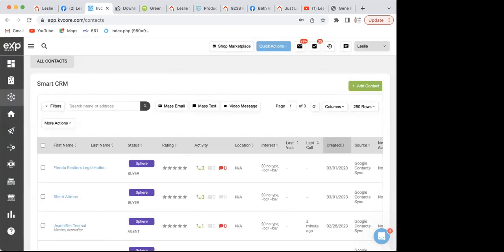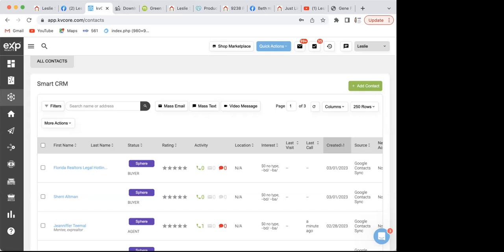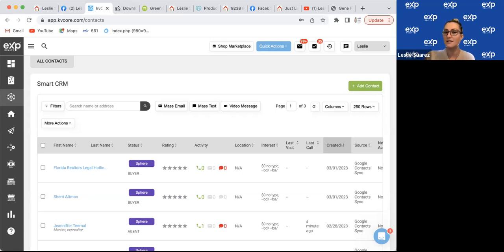So many things that you can do. It's crazy. It basically does everything for you if you set it up properly. So it's a few hours in the beginning, and then over time, like maybe in a couple of weeks from now, you're going to get into this groove where maybe you're spending 30 minutes on KVCore Monday, Wednesday, Friday mornings, and you're going to get into a routine of, okay, 30 minutes a week, like Friday mornings from 9 to 9:30, I'm logging into KVCore and I'm just updating everything. Eventually you'll get to that routine, but it does take several hours of getting comfortable, adding people in,